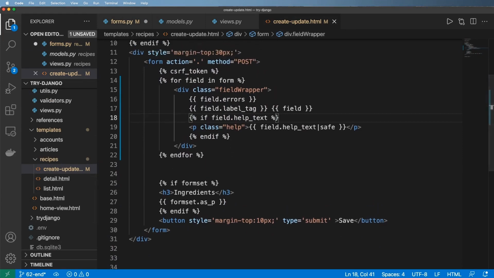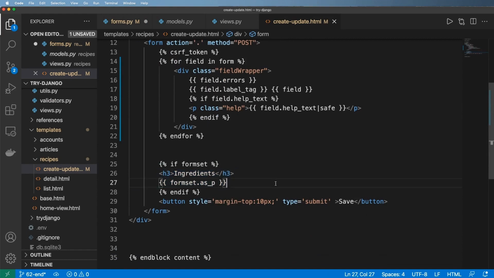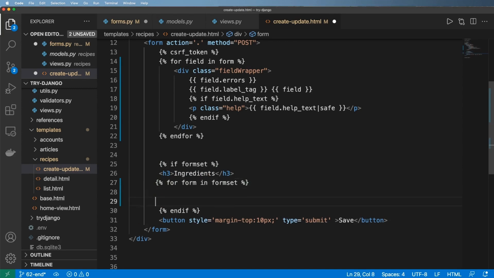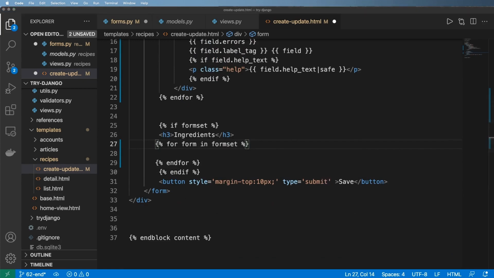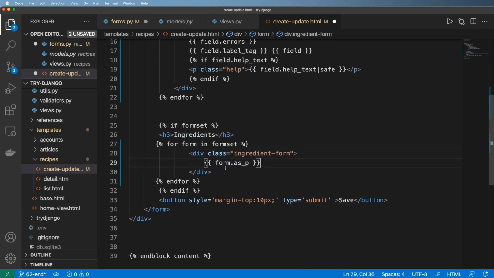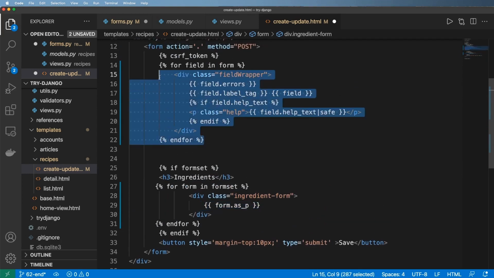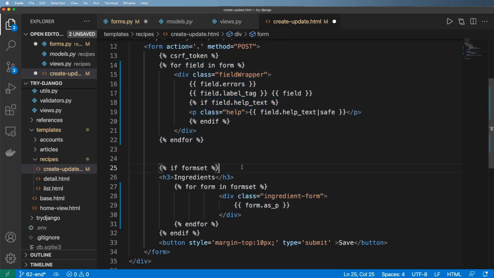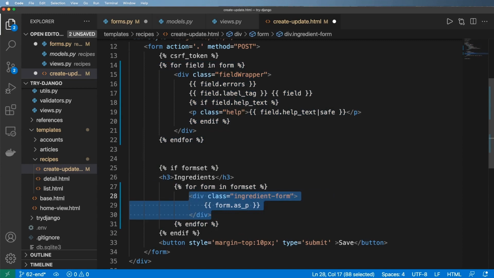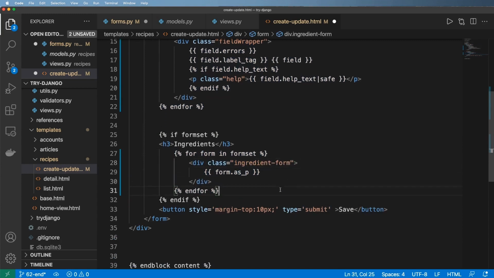And so this is also true about form sets. So what I can do in form sets is, instead of just rendering out the entire form set, I can iterate through this. I can say for form in form set, and then we say endfor. And then I can do stuff like, let's say, I'll just throw this class in here real quick, and we'll say ingredient form. Now this form.as_p, again, can take this exact same method. It can render out the exact same way because it is still an instance of that form. But form classes cannot just render by themselves, or rather,